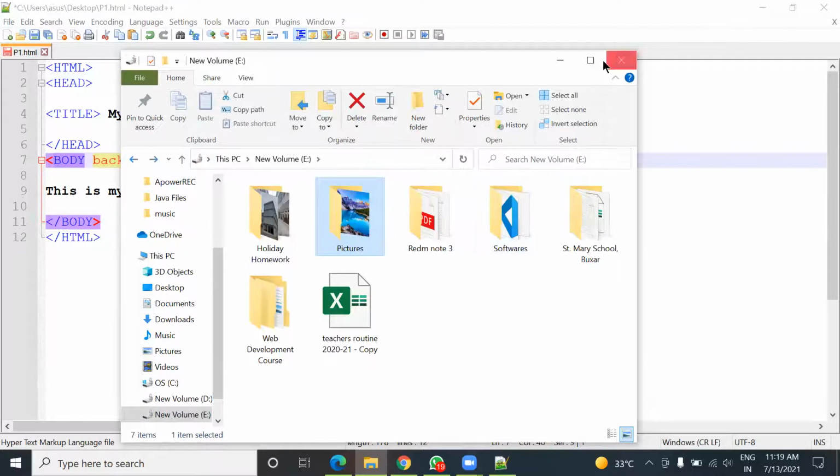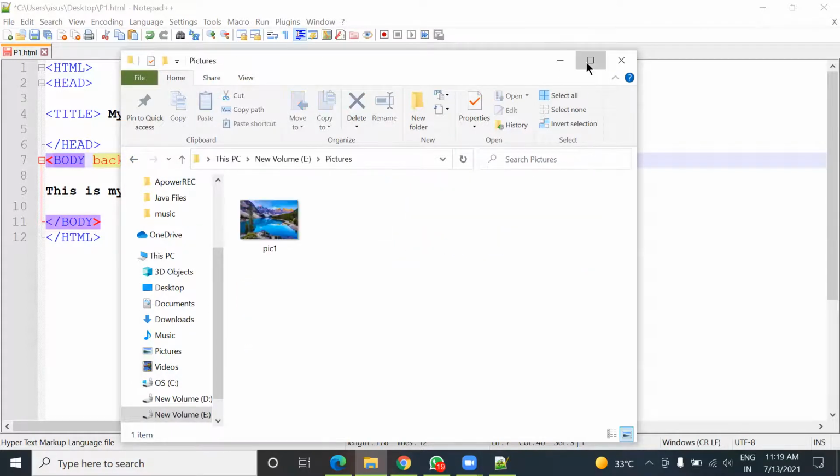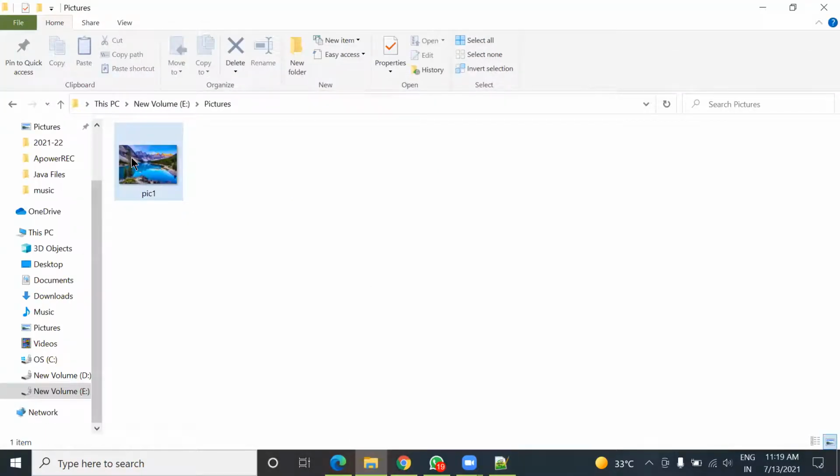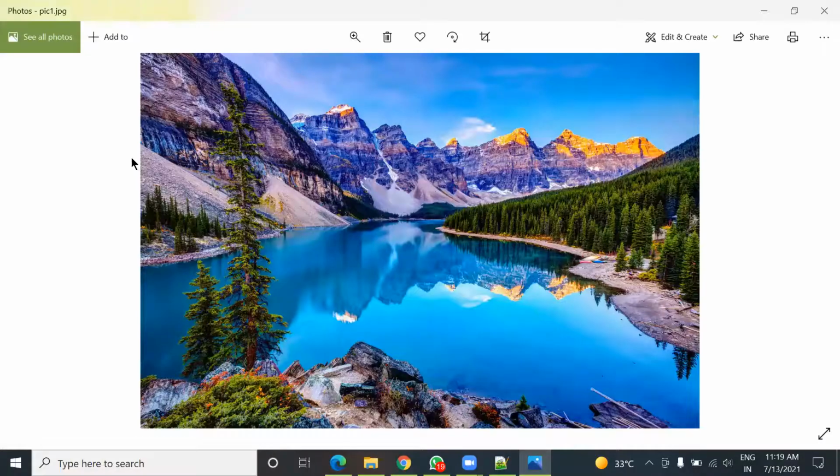If you want to look at the picture, yes, you can open it. You just go to that folder and open it. Here in this output, the picture is not showing in the background.